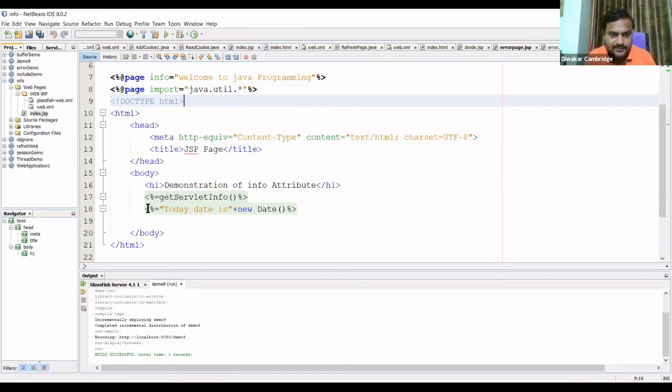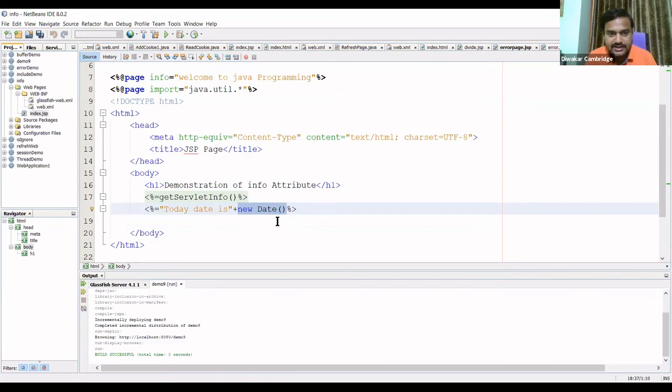Here you see what we call an expression tag. We have discussed this expression tag. Using this expression tag, you print today's date and time. You create an instance of this class called Date, then print today's date and time.